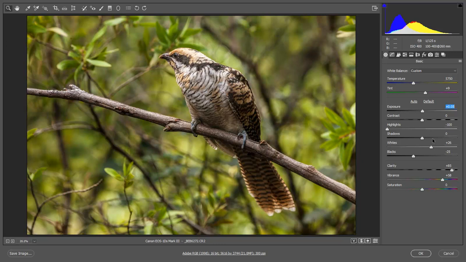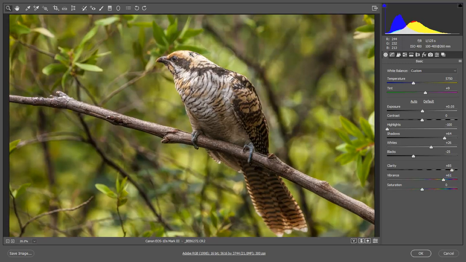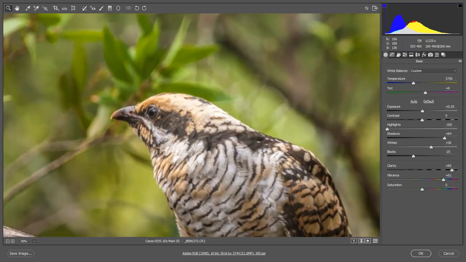But we don't want to lose too much under here. So even though I've got the blacks down, we can still push sometimes the shadows. And you can see how the shadows lifting just those feathers underneath the bird. But I think that's about as far as I want to go. The one area that keeps drawing my attention is just the cap of the head. I wonder if I zoom in